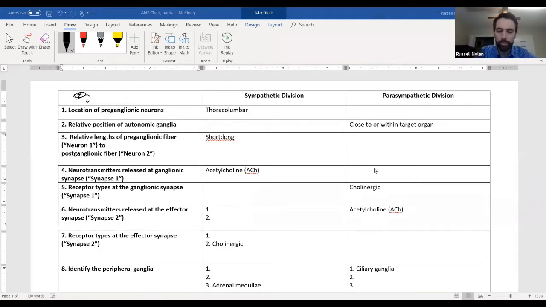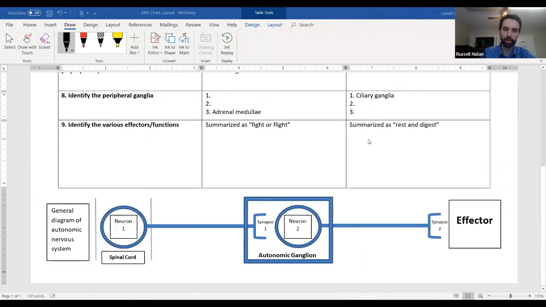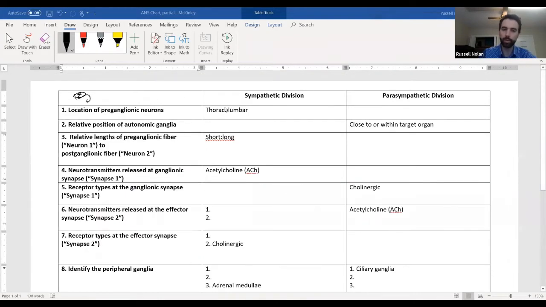Okay, so we start off, remember the first column here is the sympathetic division, the second column is the parasympathetic division. So we first can say, what is the location of the preganglionic neurons? Sympathetic division we know as thoracolumbar, because it's saying where is the cell body of neuron 1. So thoracolumbar, and then parasympathetic is craniosacral,